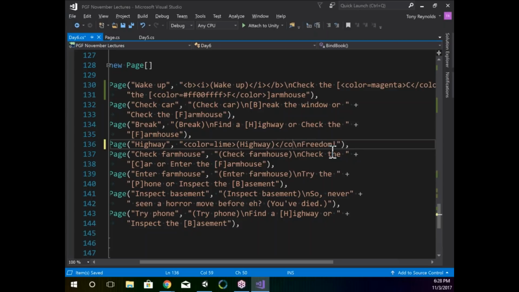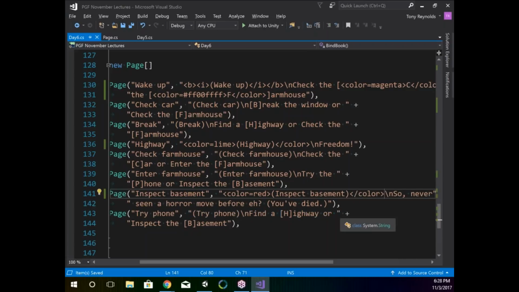And then turn off the color tag. Okay, so freedom green lime, and then inspect the basement will be my lose scenario. So tag color equals red, and that red is 100% red. It doesn't have any kind of tinting to it. And turn off the color tag. Okay, so if I save this, jump back to Unity,